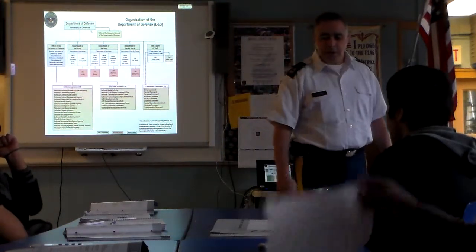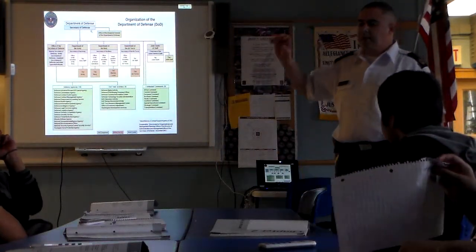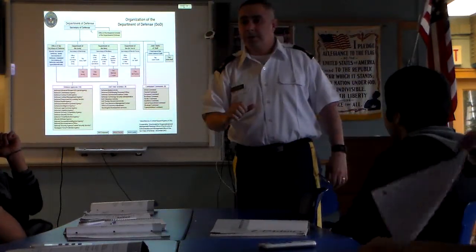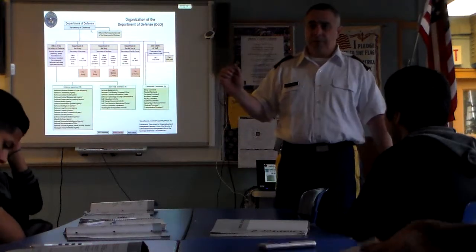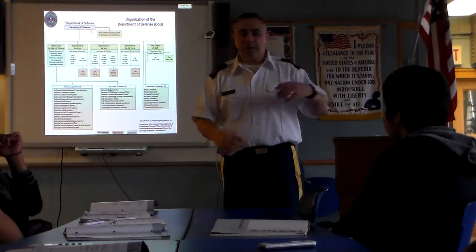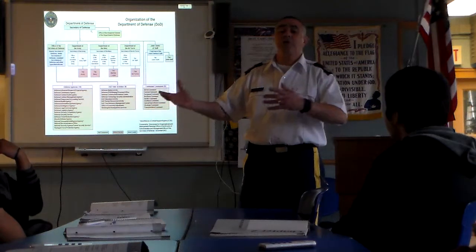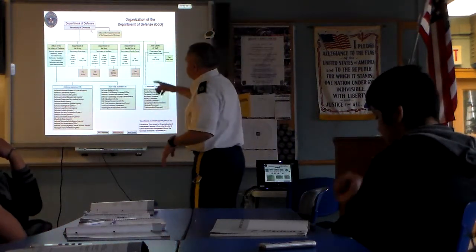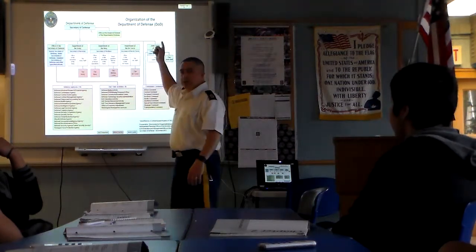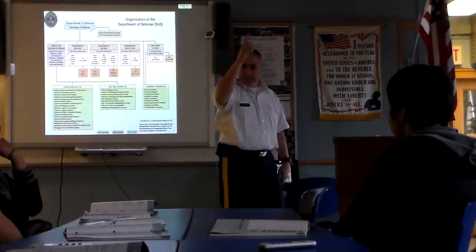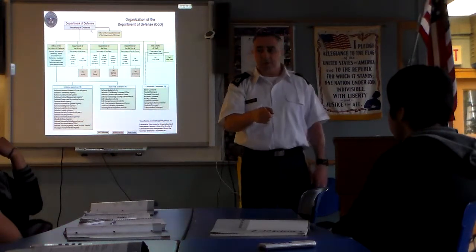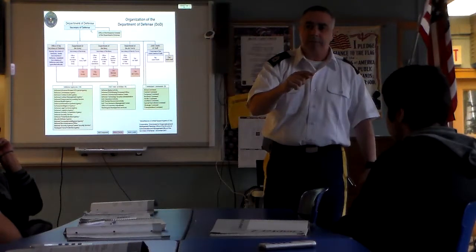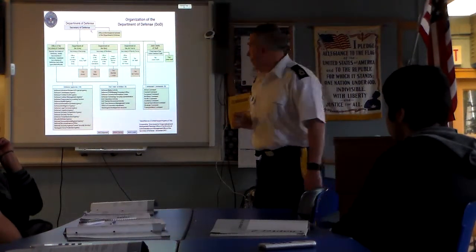The Office of the Inspector General is a very important department because they're the ones that oversee that everybody's following the rules and the laws. That's what the IG is for. They want to make sure that nobody's taking advantage of the rules or the laws to try to do something crooked, something that's against what they're supposed to do. And if you see that they've got a direct line to the side, they're not technically completely underneath the Secretary of Defense, but they're to the side. So they're there to watch him also, to make sure he doesn't do anything crazy, okay?